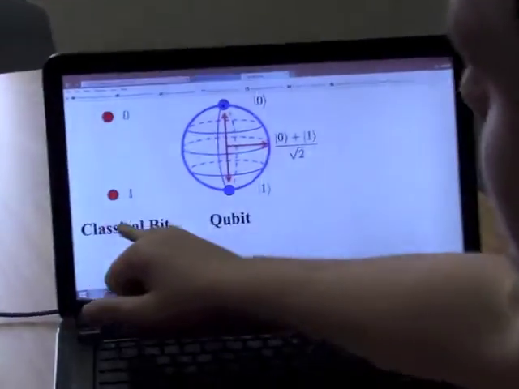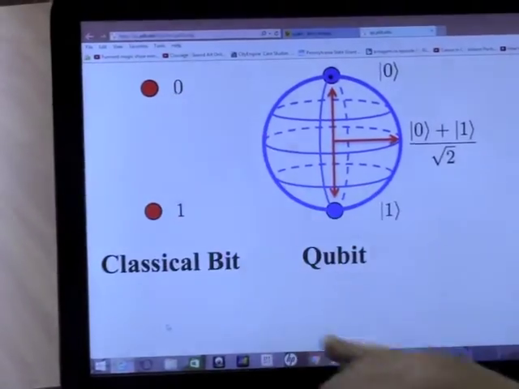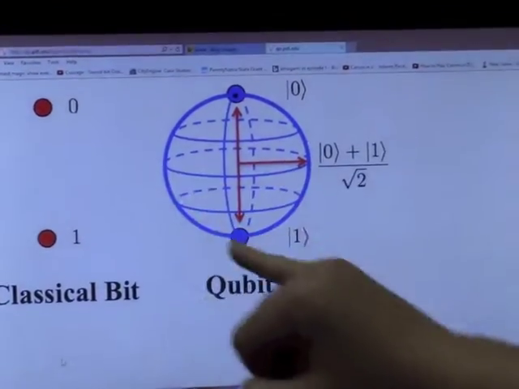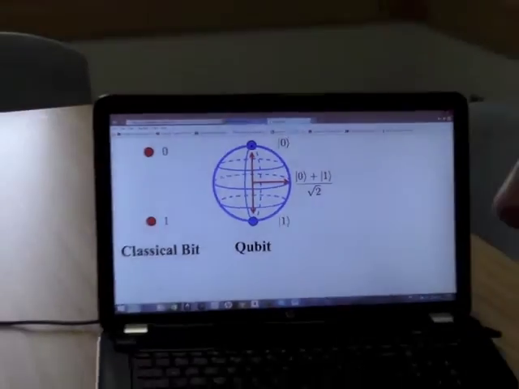Okay, here, let me show you something. With quantum physics, there's this principle called superposition. Well, what is superposition? It is when a particle, such as an electron or a photon, exists in two states at the same time. Wait, what? Quantum computing uses the power of superposition by using qubits. See, a classical bit can either be a 1 or a 0. That's it, one or the other. A qubit can be a 0 or a 1 at the exact same time. What? 1 and 0 at the same time? Yes, the same time. Like, it doesn't even make sense.